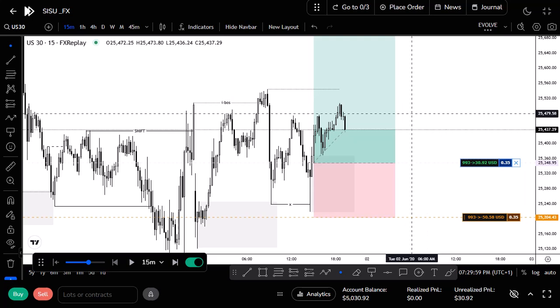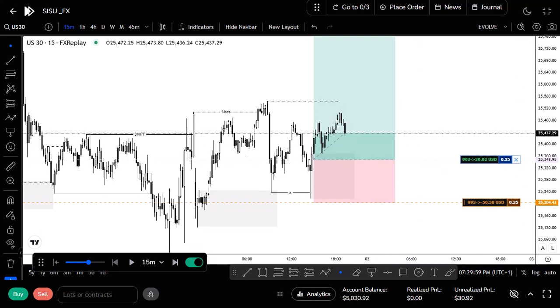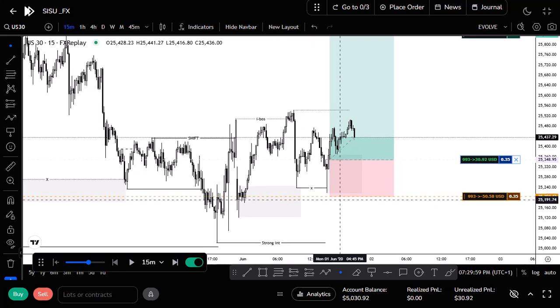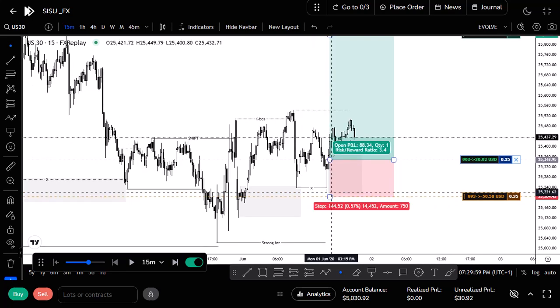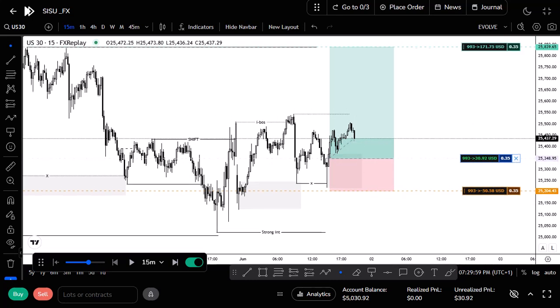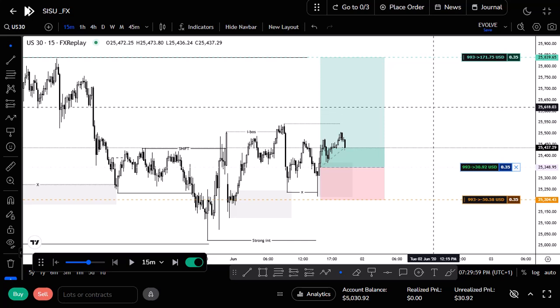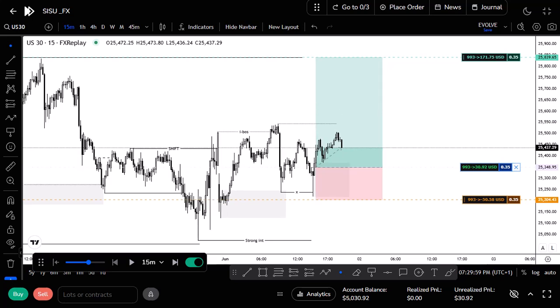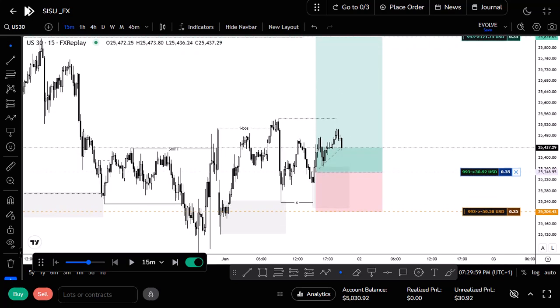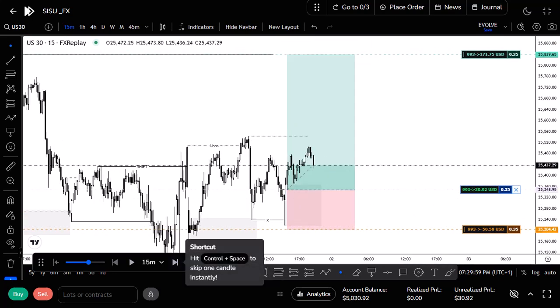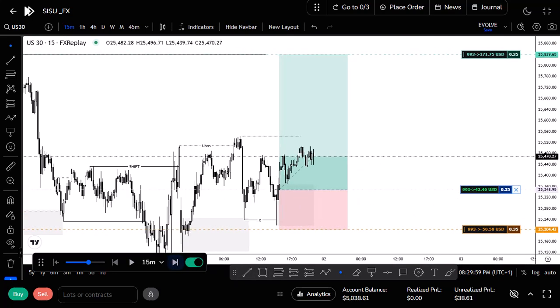But for this, it is just random. If it is on live markets, I will use the 2 pips rule. My zone, I will leave 2 pips behind my zone. That will confirm my SL. It's not that I will just think, okay, my SL should be here. No, I have rules for setting SL, which is the 2 pips rule. My stop loss will be 2 pips behind or above my zone. So let's play price forward and see what happens.